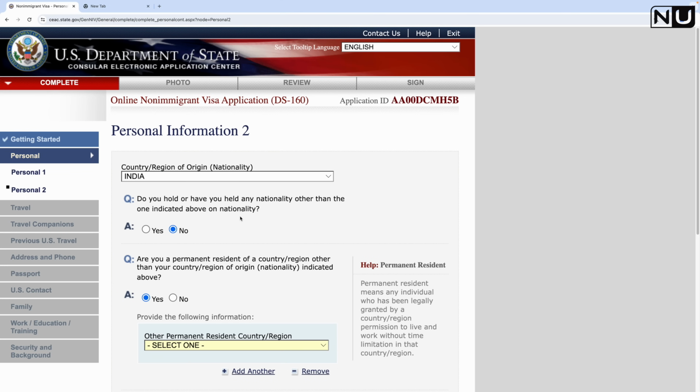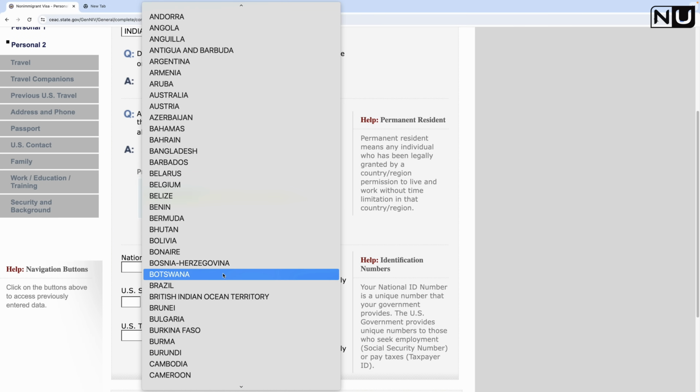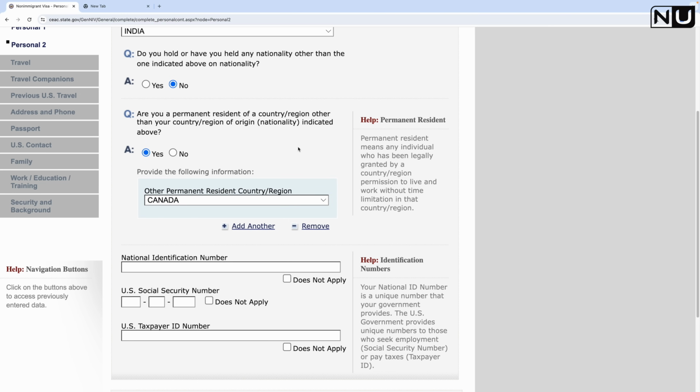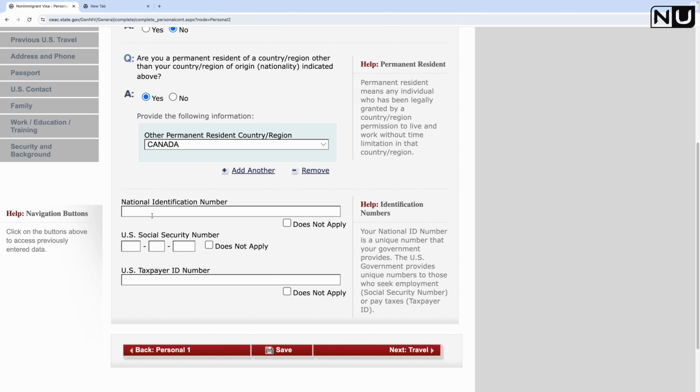Yes, I am a permanent resident of Canada, so you have to select whatever applies. If no, then just select no and proceed ahead. It is up to you, whatever your status is in your country. Mine is that I'm a permanent resident of Canada, so I will just select yes. National identification number, this is a unique number